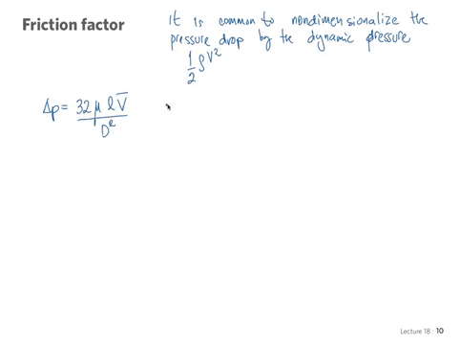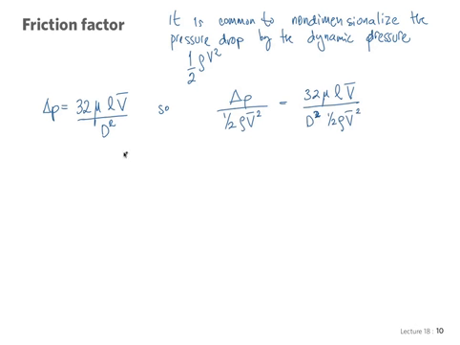And so if we want to non-dimensionalize this by the dynamic pressure, we have delta P over 1/2 rho v squared. The average, of course, is what we want to use here. It's 32 mu L V bar over d squared times 1/2 rho v squared,